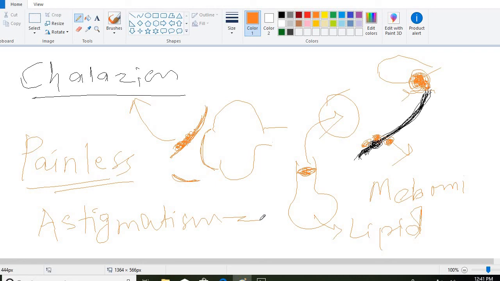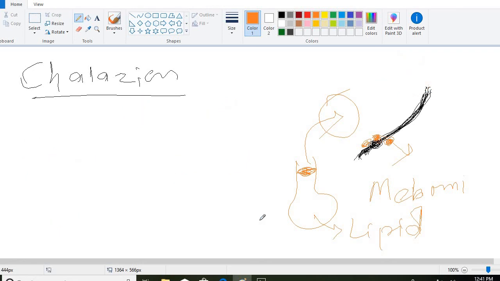Okay, now coming to the fate of chalazion. Fate of chalazion means once a chalazion has developed, it may follow one of the following courses. Spontaneous complete resolution may occur, or it may get fibrosed into a hard nodule, or it may liquefy to form a thin fibrous scar, or it may calcify to form a very hard nodule. There may also be infection and suppuration, and it may burst through the conjunctiva as a fleshy mass. So that is the fate of chalazion.